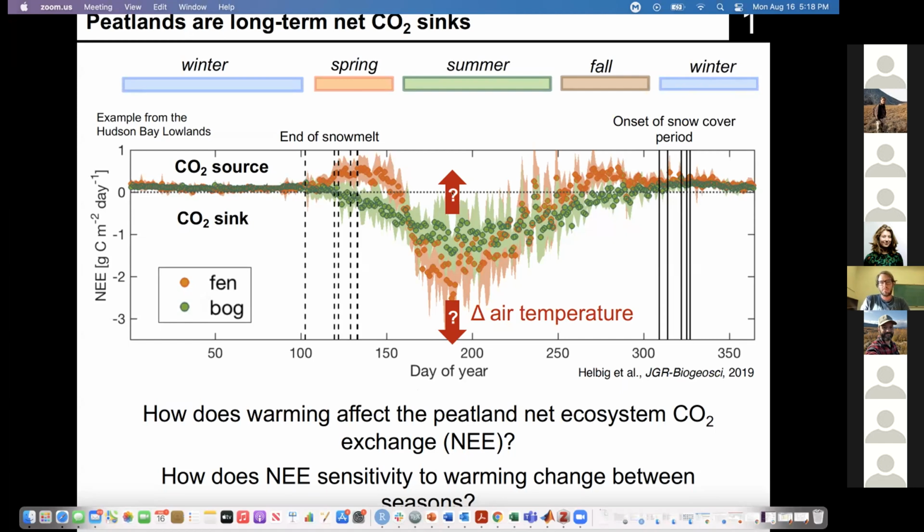So we have the peak growing season where we take up most of the CO2, and then towards the fall again we lose more CO2, and then the overall result is that there is a net uptake. But what we ask in this study is what happens if we change temperature, and we know the temperature is not uniformly warming across all the seasons. So combining the temperature sensitivity for each season with the actual observed change rates in warming.